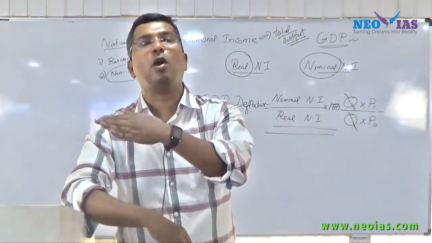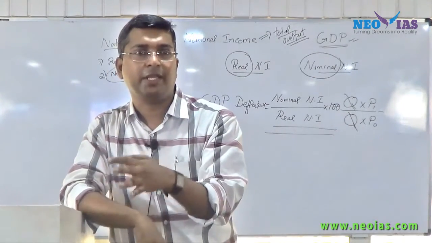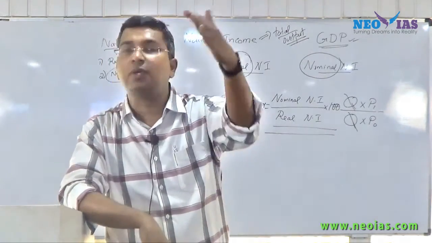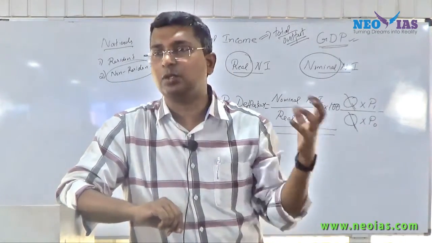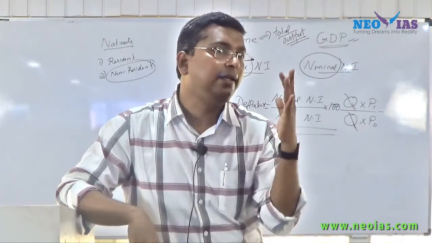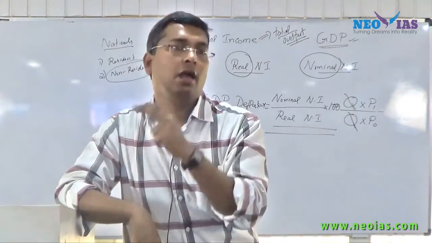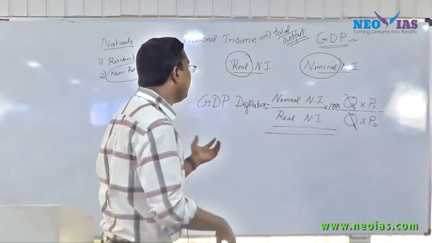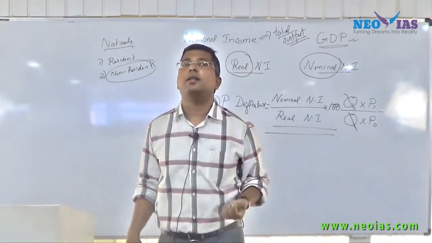So when we talk about national income growth, or national income, it is actually GDP. When national income related news comes, it will mention only gross GDP. So be very careful. When I talk about real national income, it is real GDP. When I talk about nominal national income, it is nominal GDP. Now what is the GDP deflator? GDP deflator is nominal GDP divided by real GDP.